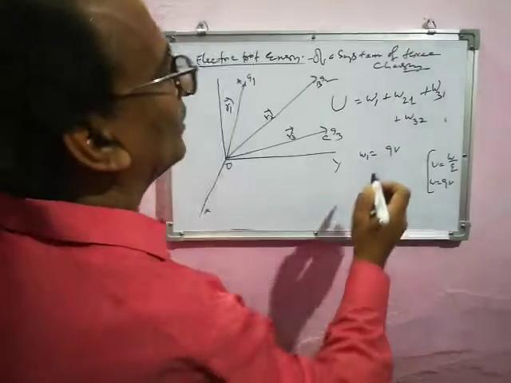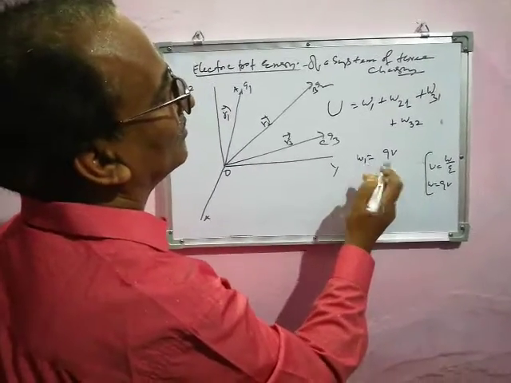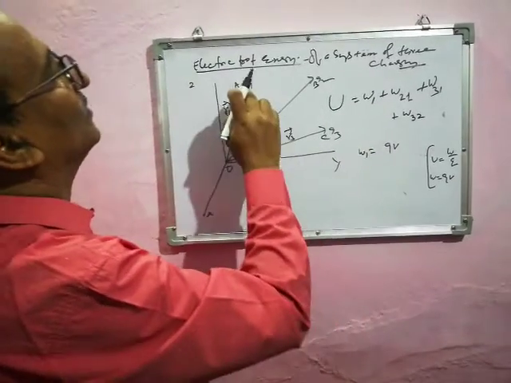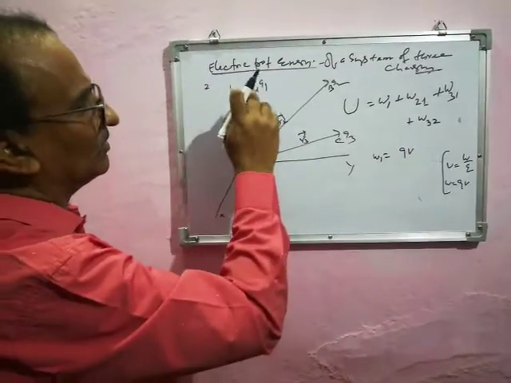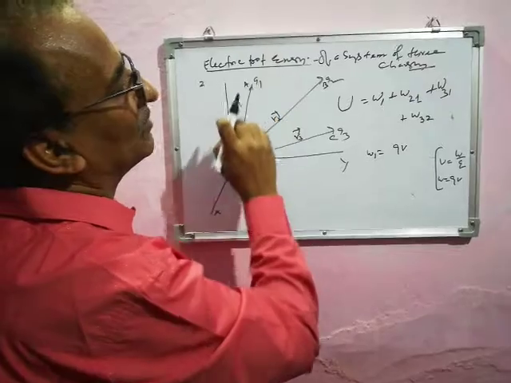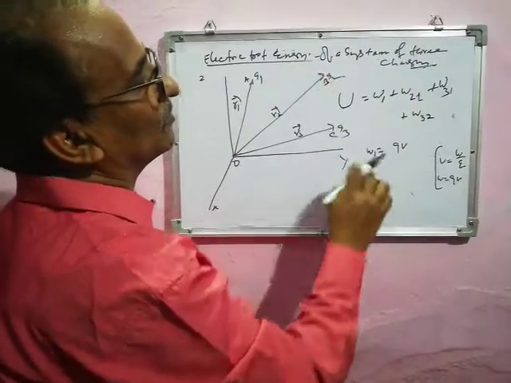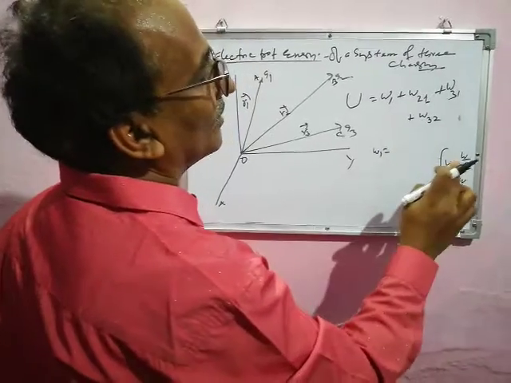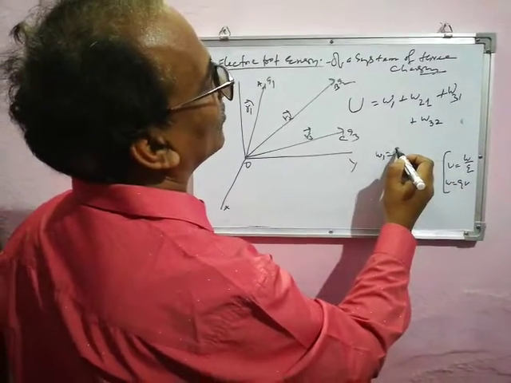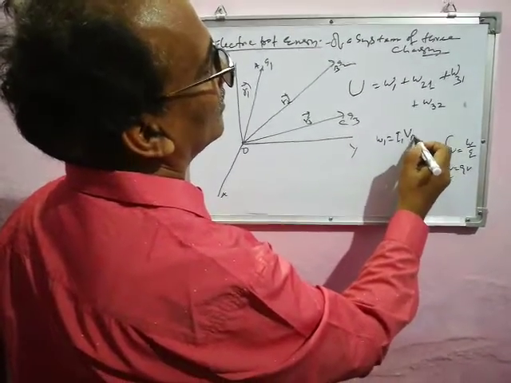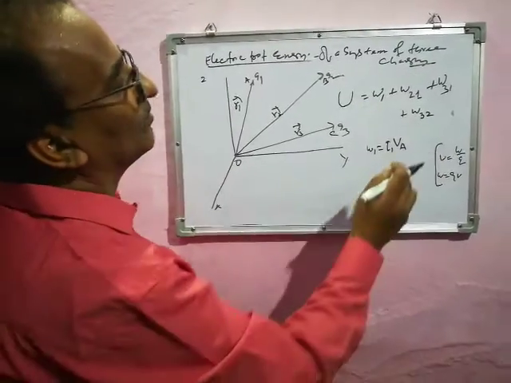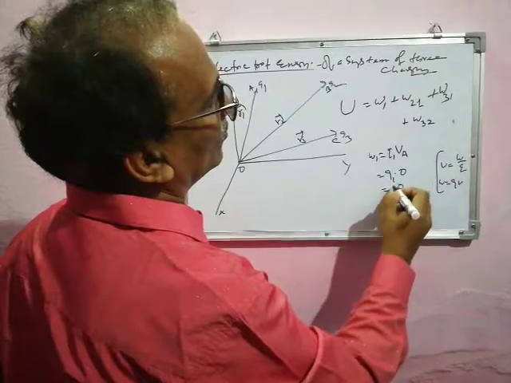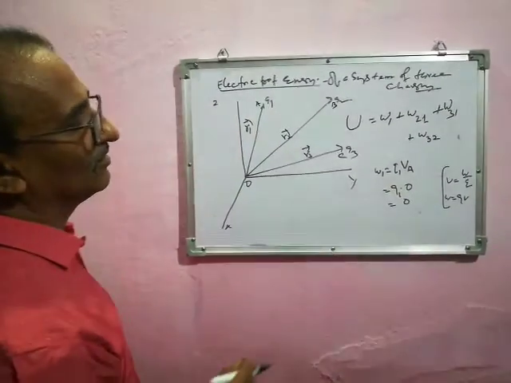So if we calculate the work done W1, which is the work done in bringing Q1 from infinity to the point A, when the charge Q1 is brought, there is no charge Q2 and Q3 at the points B and C. So using this formula, the charge is Q1 and the potential is the potential at the point A, but it is 0. So no work is done in bringing the charge Q1.